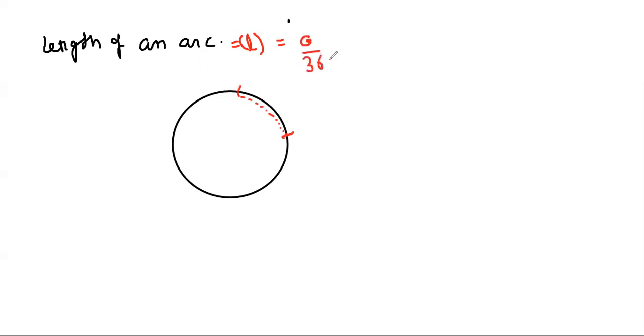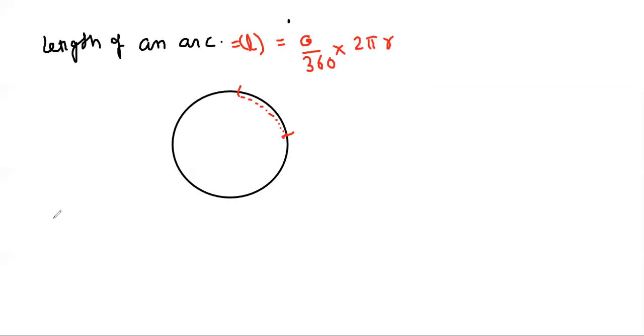A small section of the circumference of a circle. Correct. See this? This is a circle. Now, if I take this part of the circle, it is known as an arc. The length of this arc is known as length of arc. When we talk about length of arc, we always represented this by L, and since it is part of the circumference, we always wrote it as theta upon 360 into 2 pi r.